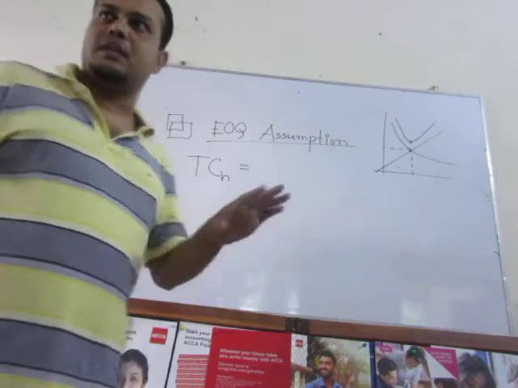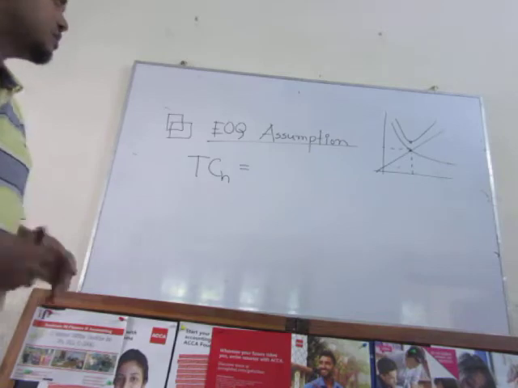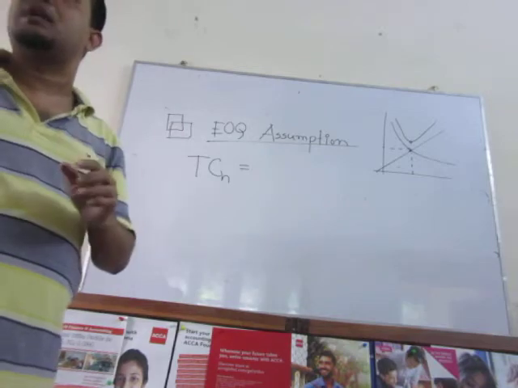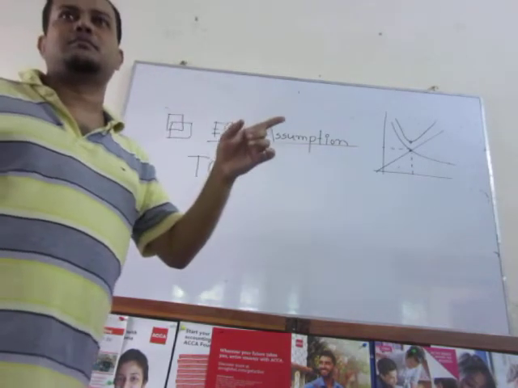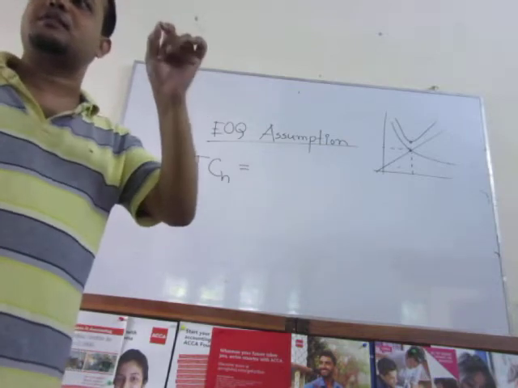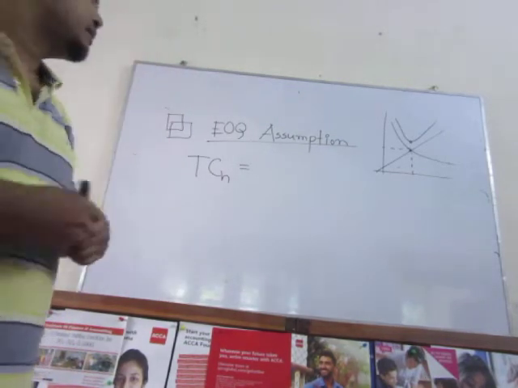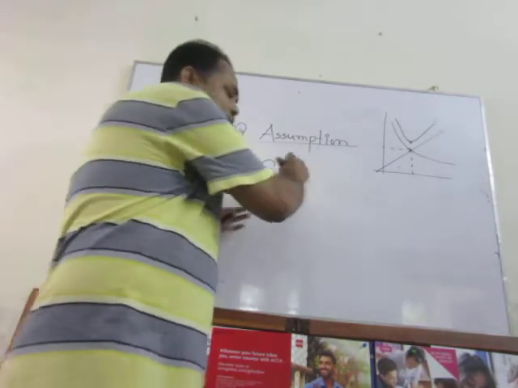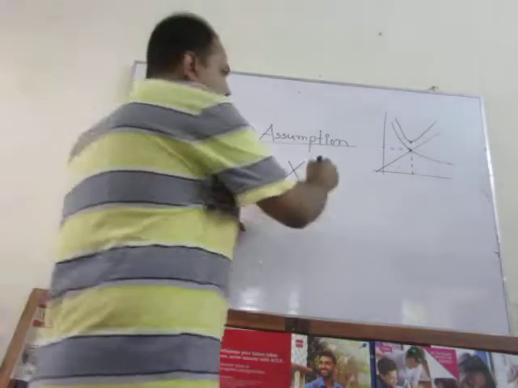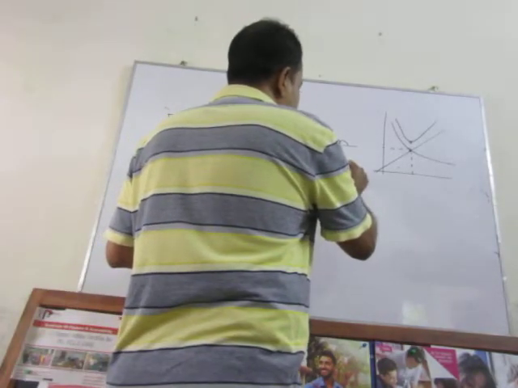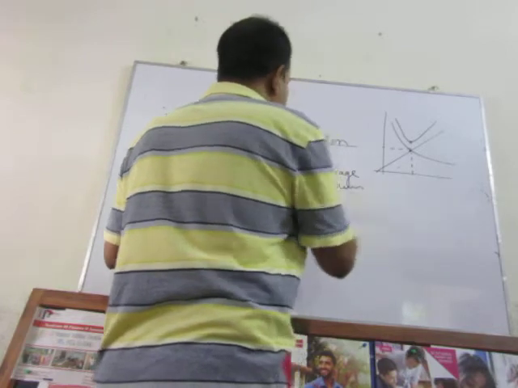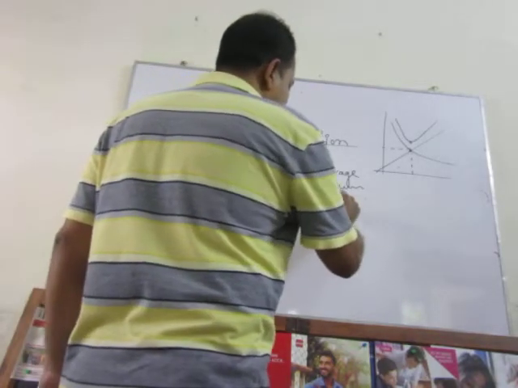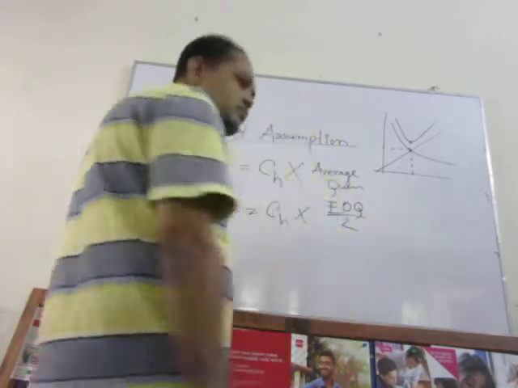This is not the fact. Here you have to assume something different. Total holding cost means that amount of cost which is required to hold the average level of inventory, not the total. You have to always use this assumption. That's why it will be holding cost per unit into the average quantity. And according to the rules, this average quantity means CH into EOQ divided by 2,